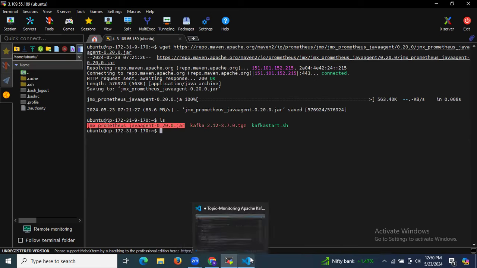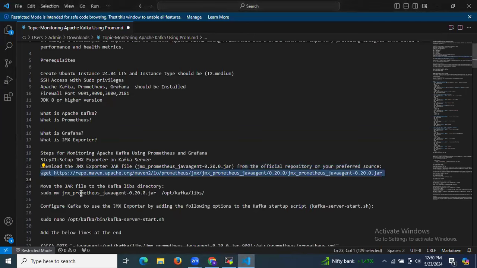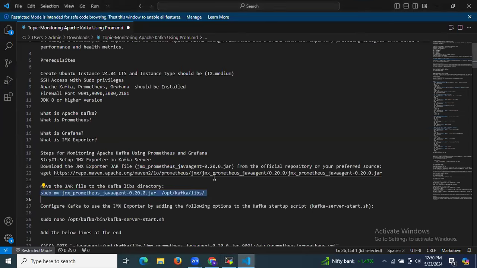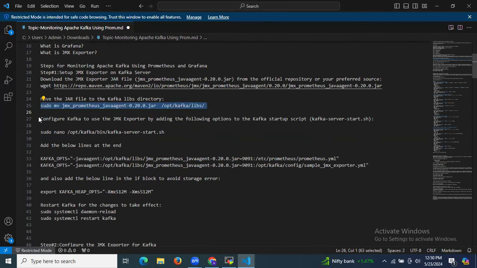After that, we need to move this jar file to the Kafka labs directory. So I'm going to run this command to move it into this particular location. Now if I run the ls command, as you can see, there is no file because we have successfully moved it. Now after that, configure Kafka to use JMX Exporter by adding the following options to the Kafka startup